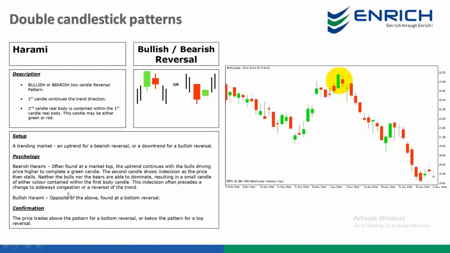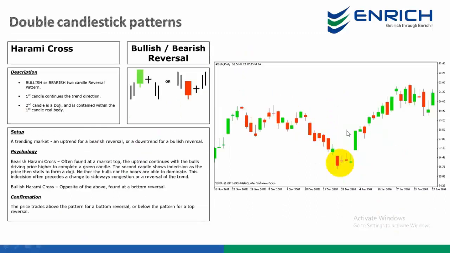Now, if you see a bullish Harami, it's just the opposite of the above, but it forms at the bottom. It forms at the bottom, which means there should be a downtrend first. Show you a similar one. There should be a downtrend, and then there should be the body, and then you go into the bullish